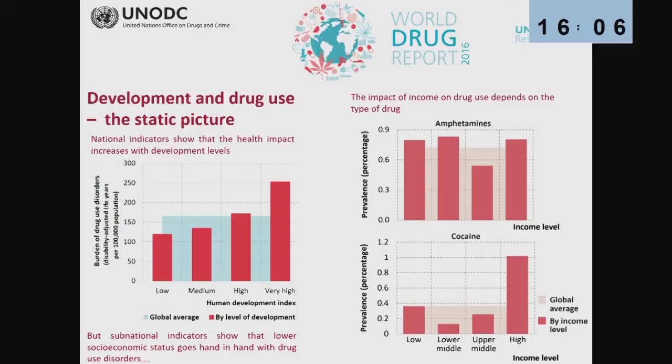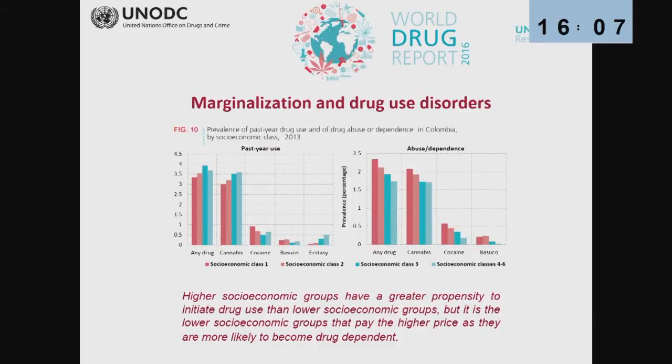You see that, for example, for cocaine, the situation is a bit different. And again, in terms of macro level, cocaine use is concentrated in richer countries. Even if when we go to the sub-national level, particularly very cheap forms of cocaine affect mostly the poorer sectors of societies, for example in Brazil, where crack has really spread, particularly in the lower social classes. But again, looking at the debate of legalization on who is affected and who could impact drug use,